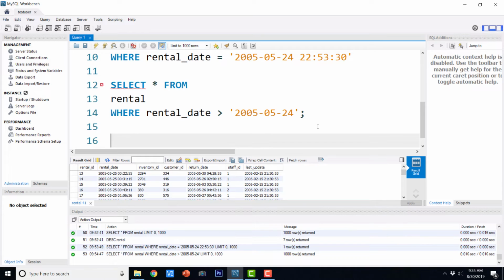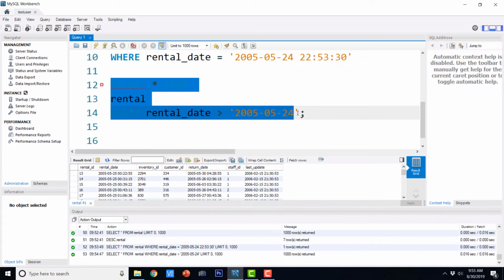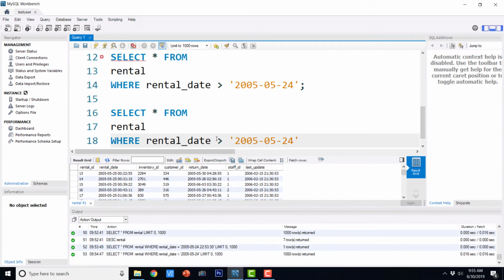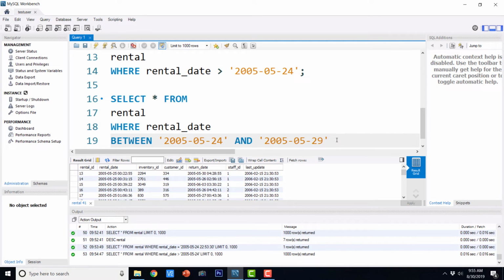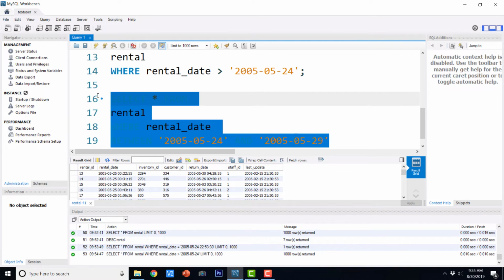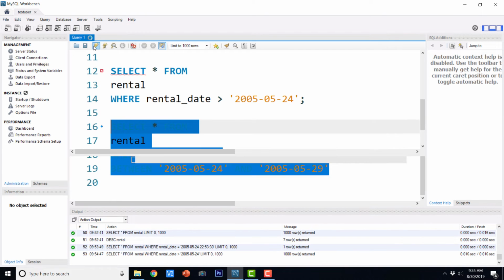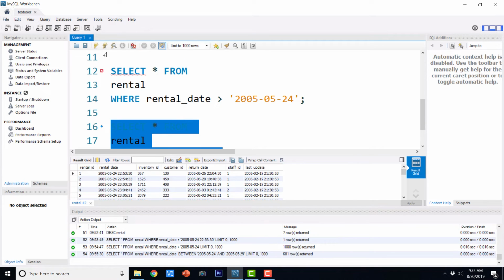Now we can also use between, and that is very easy. So if I execute this, this is the output.